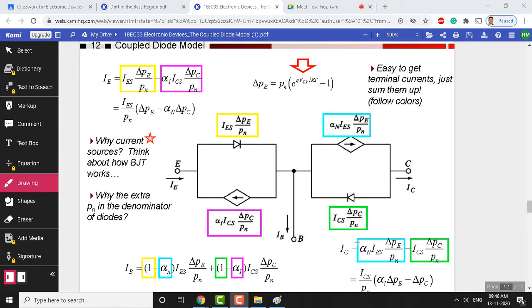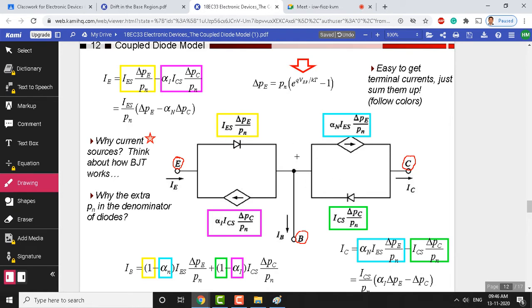And there is a collector current equation below this. You can see here the collector current equation is also made up of two components. The green color stuff here indicates it is a diode, and the blue color stuff here shows it is a current source. And if you look at the actual BJT device, it has the emitter terminal here, base, and this collector. This model is analogous to the actual BJT, and this explains how exactly the BJT works through the various components used in this model.